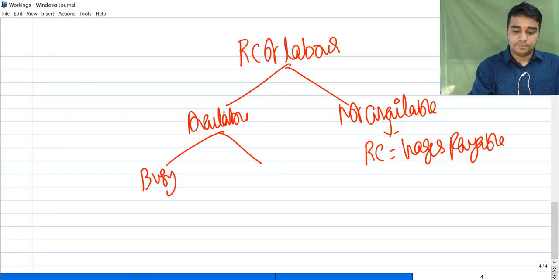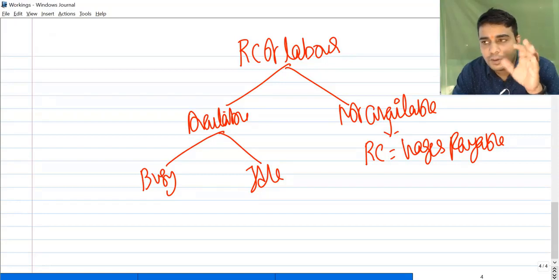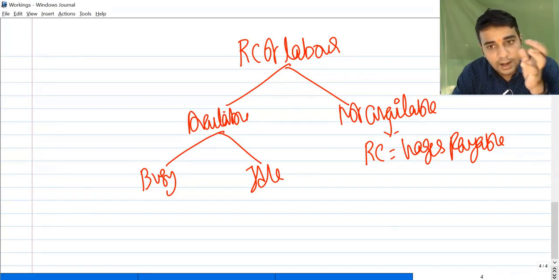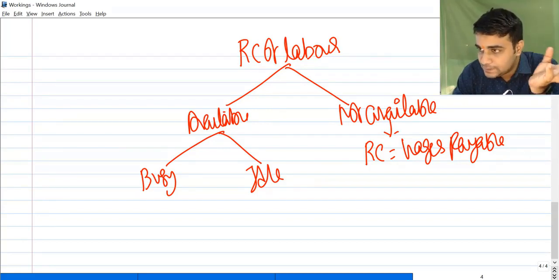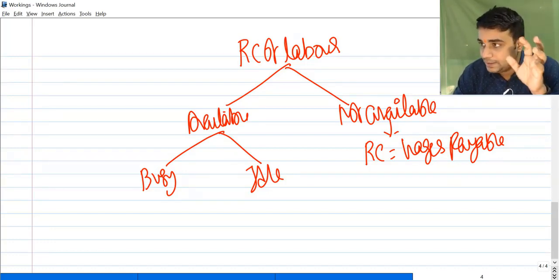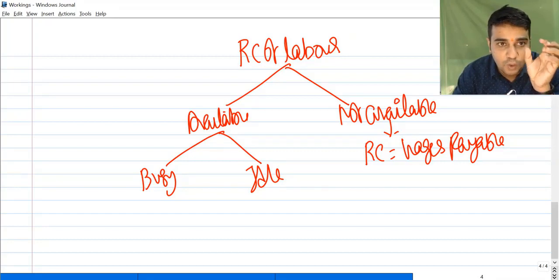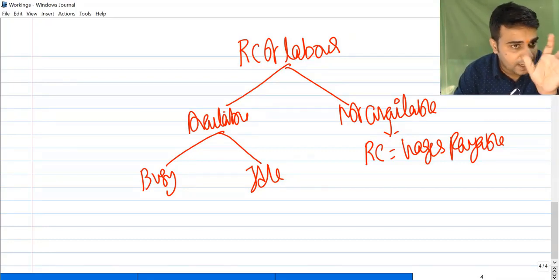Busy, idle. I need 3 chartered accountants to do a job, and these 3 chartered accountants are there in the company. They could be working on some audits or they could be free at this point of time. They could be busy or they could be idle in the company. Whatever time period I need a person for, some 20 hours, in that 20 hours also both situations are possible. He is busy for 10 hours, he is idle for 10 hours. So the idle portion you analyze in the idle scenario, the busy portion you analyze in the busy scenario. So whatever time you want, the person could be busy for some time, could be idle for some time.